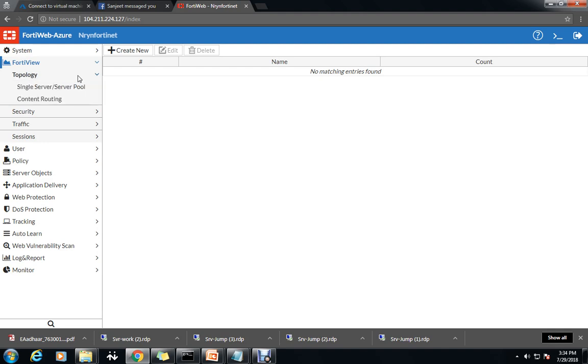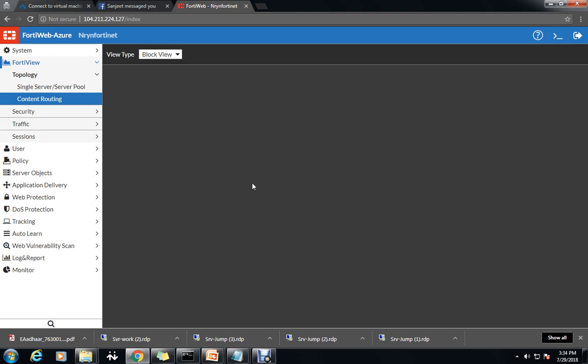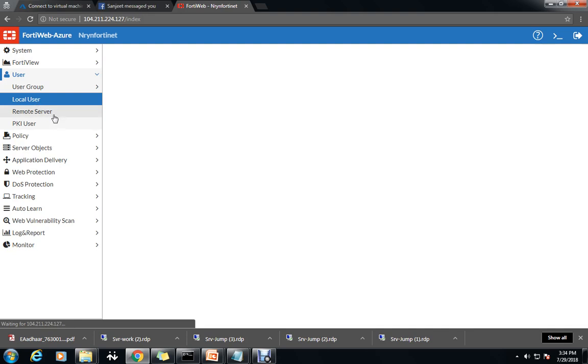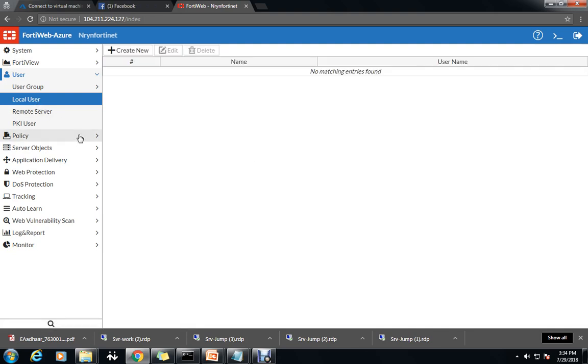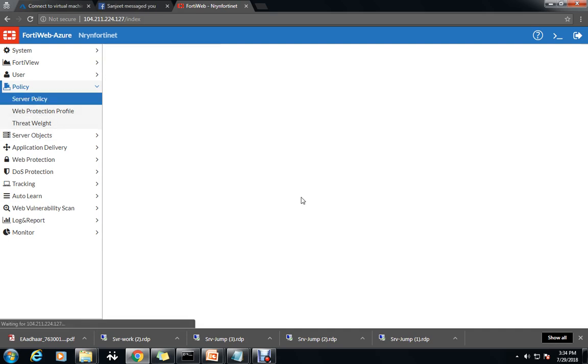If I talk about topology, it will give you a single server or multiple servers if we have them here. As of now nothing will come. I'm telling you, this content routing is just a view, if something is configured, how it is happening here, like traffic source and user. Again guys, if you go to user, local user, remote user, if you have created a policy. The main important thing here is the policy. So you can create policies like